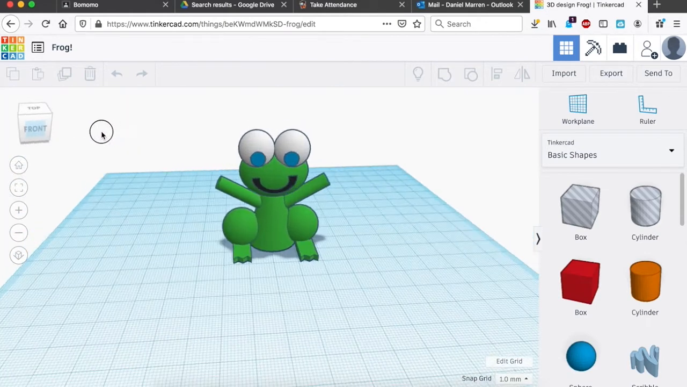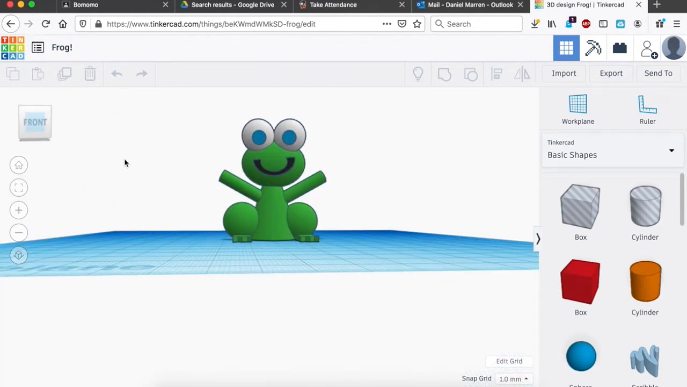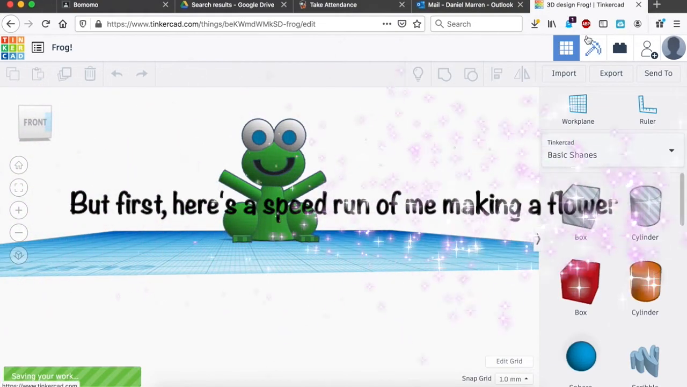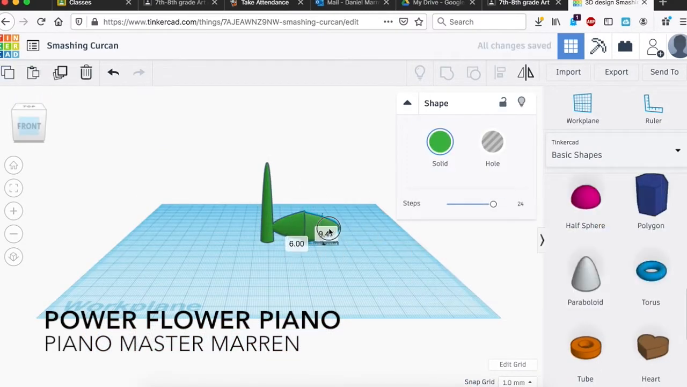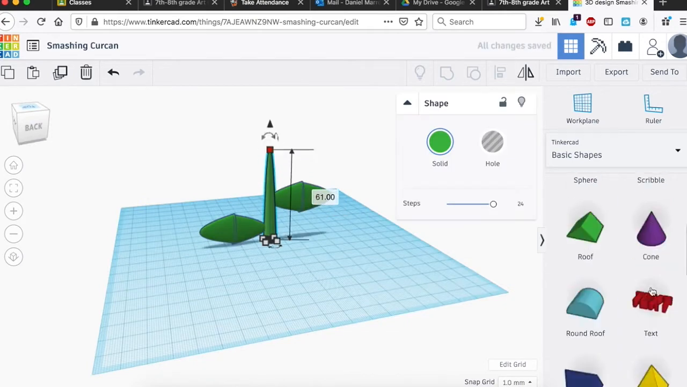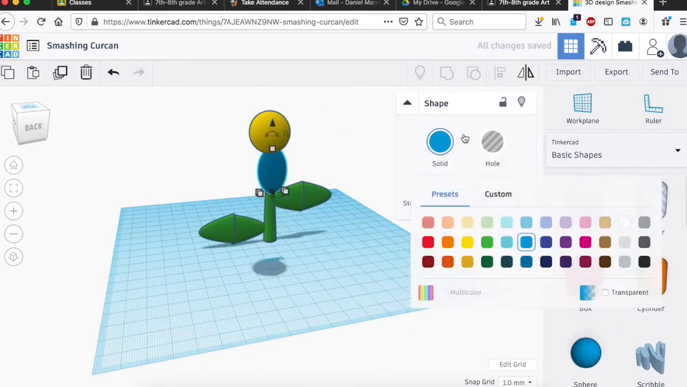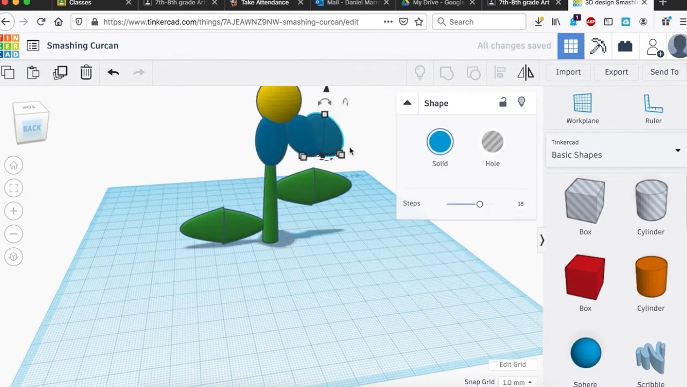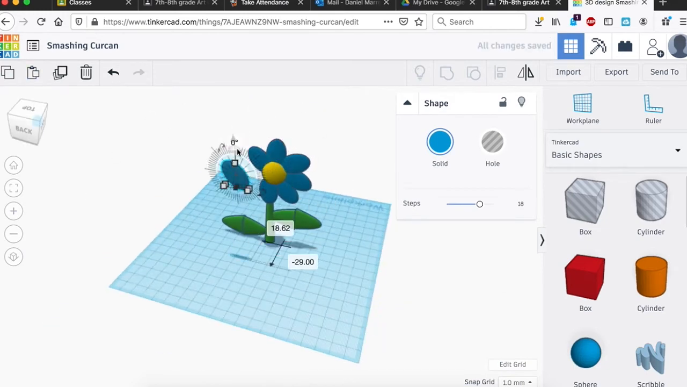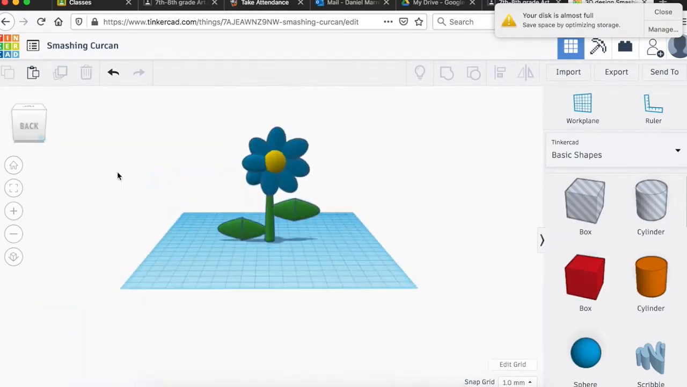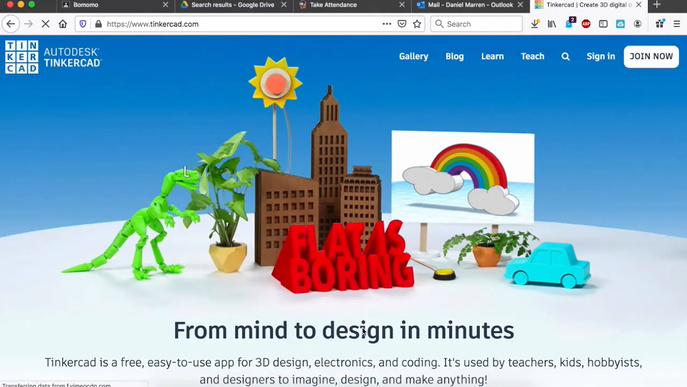Here is a happy little frog that I have made in Tinkercad before. But this is actually an old account that I used once. I'm going to sign out of it and sign in with a different account. Okay, when you come onto